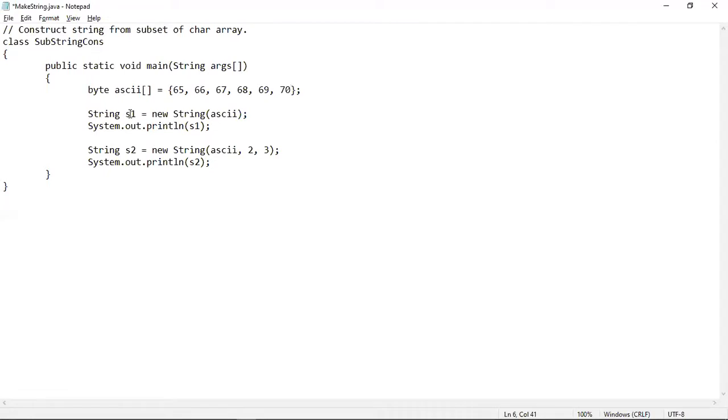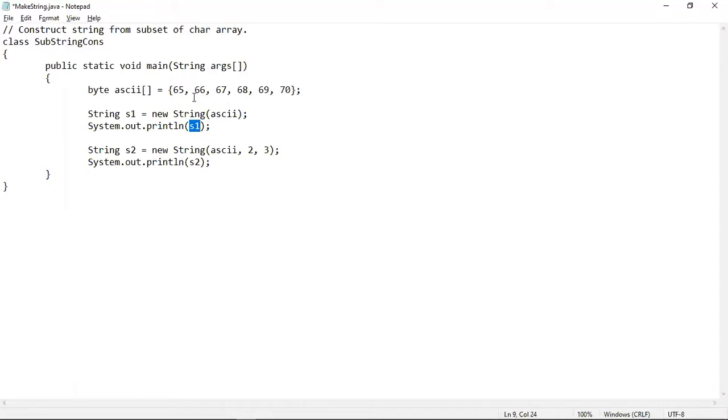Then this S1 string will hold the string class object, and this is the constructor in which we have passed the array of bytes. So this is actually using the first constructor that I have just shown. And if you print the value of S1, then these are the ASCII values.